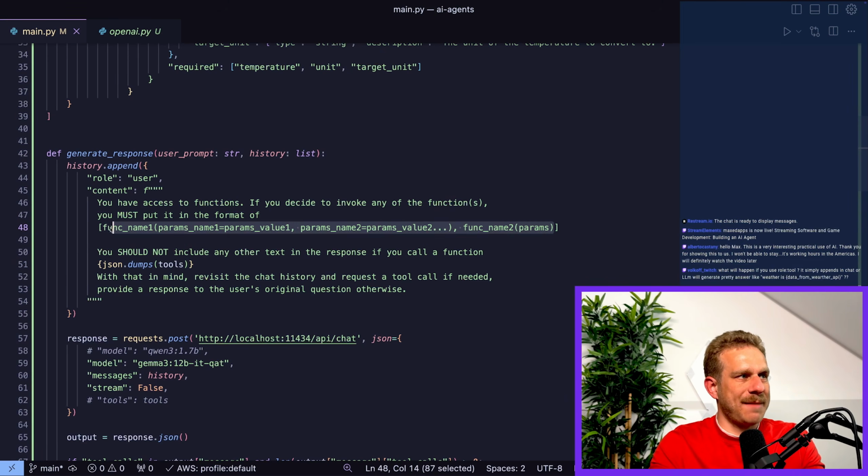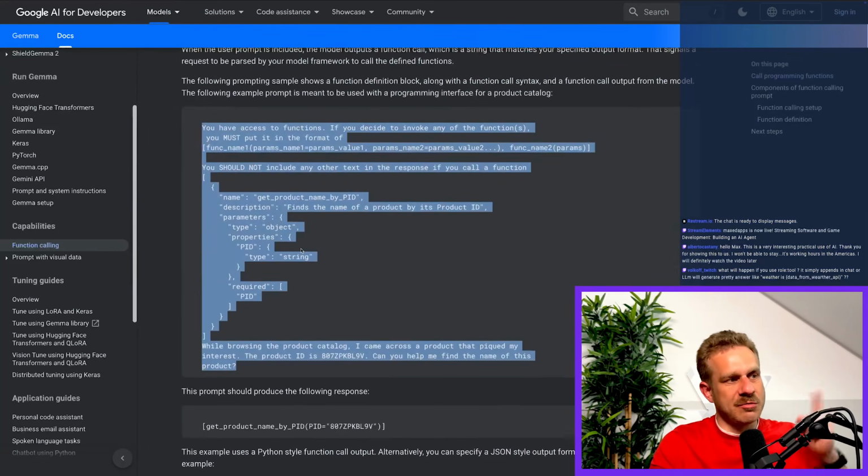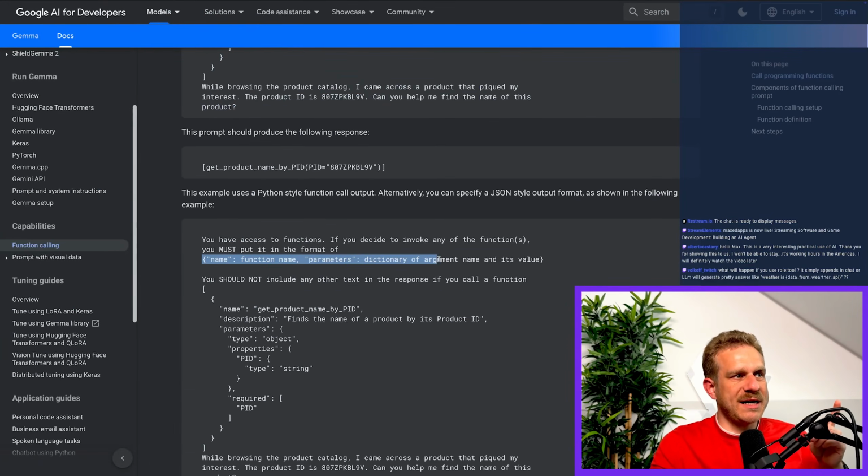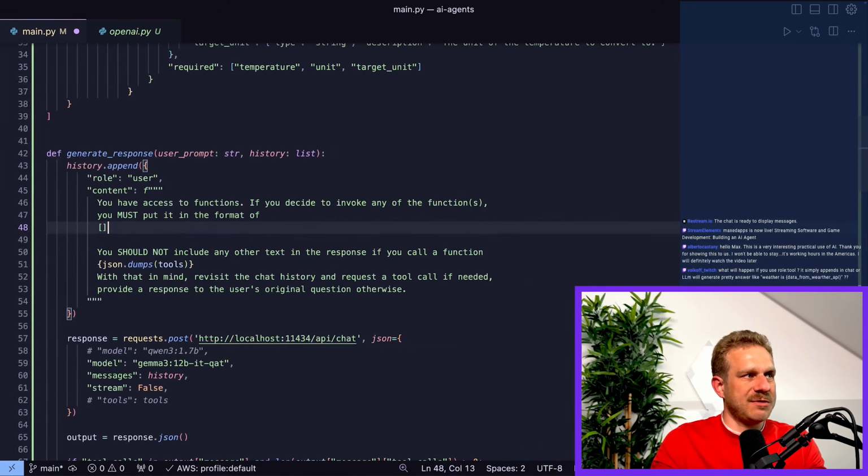And actually, I'm not happy with that format, so I'll change it because the Google documentation also tells us that we can request a response in any format we want. So here I want to get some JSON data, let's say. So I'll tell the model,